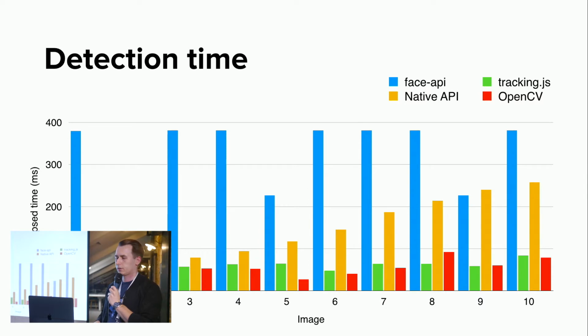But in detection time, the face API can look like the worst solution here, but it's not true. Here we have the chart of elapsed time. So as you can see, face-api.js was in last place, but I must say that the machine